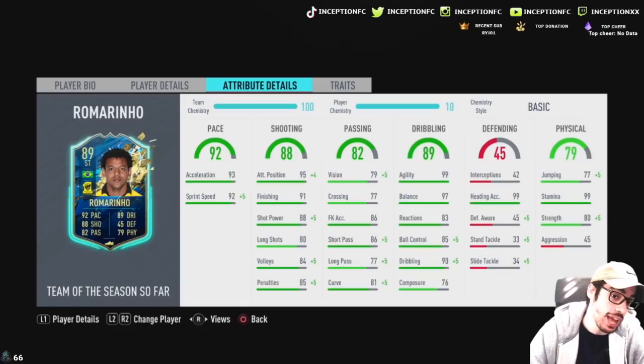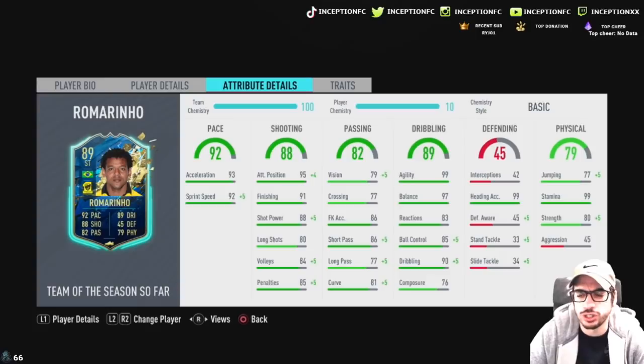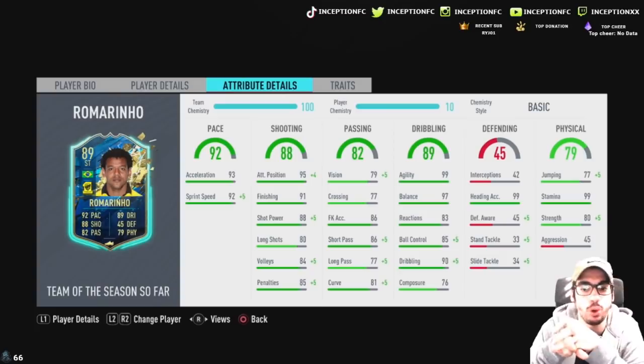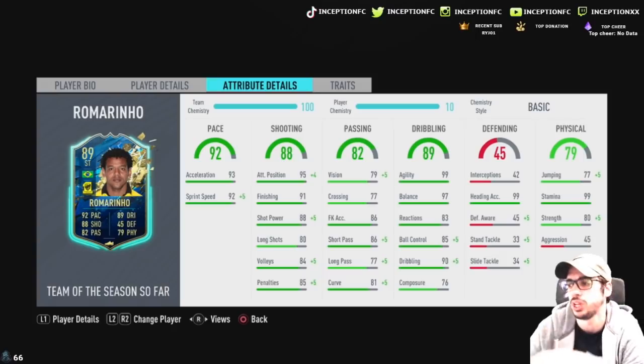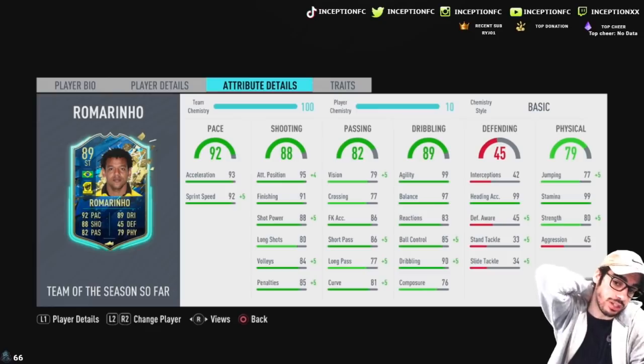Passing stats, he actually has some pretty decent passing stats considering he's going to be the striker in the team as well. He does have 99 agility with 97 balance, but his 3 main dribbling stats could be increased: reactions, ball control, and dribbling. Composure being 76, I personally feel like it's something you're just going to have to deal with. If you give him a sniper chemistry style, you're going to be missing stat increases that you could potentially have. In regards to physical presence in game, he is on 80 strength with 99 stamina, 99